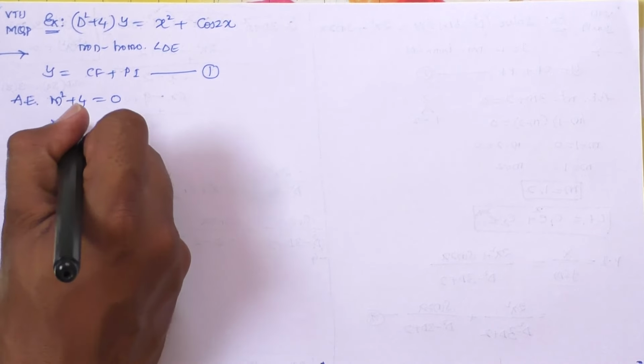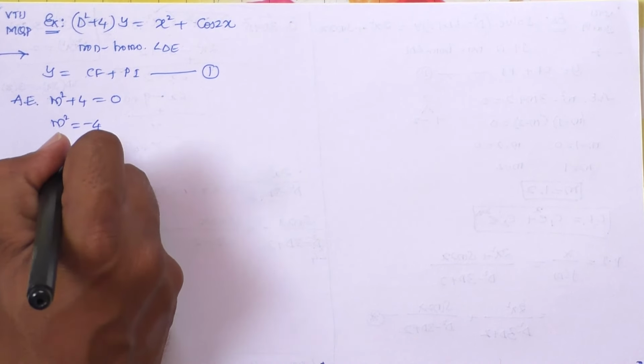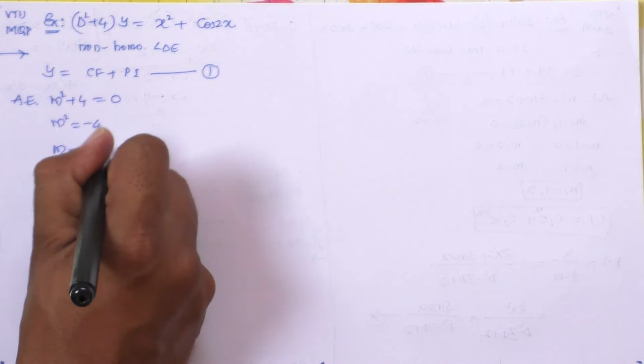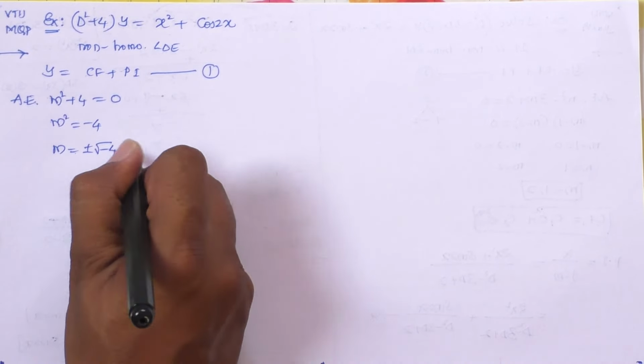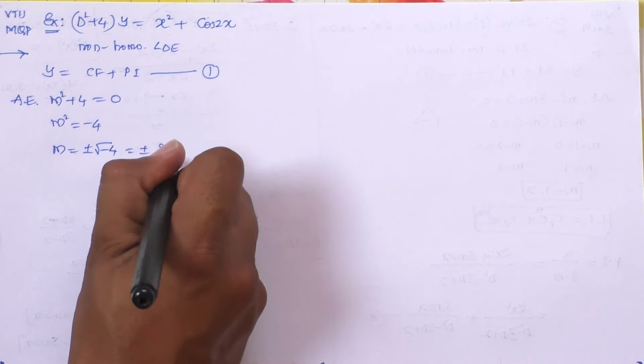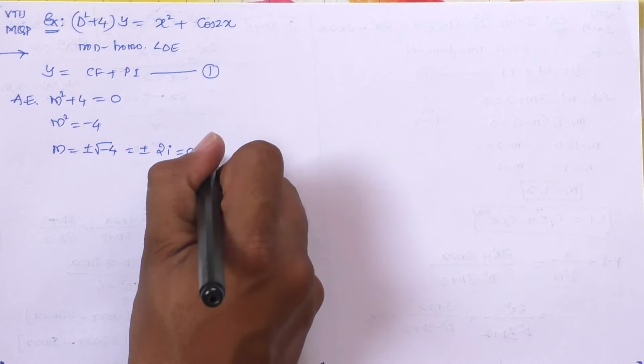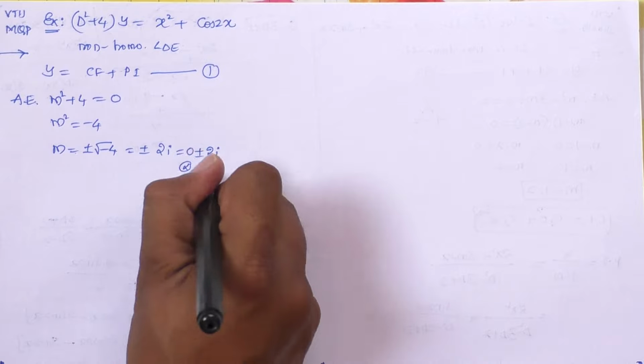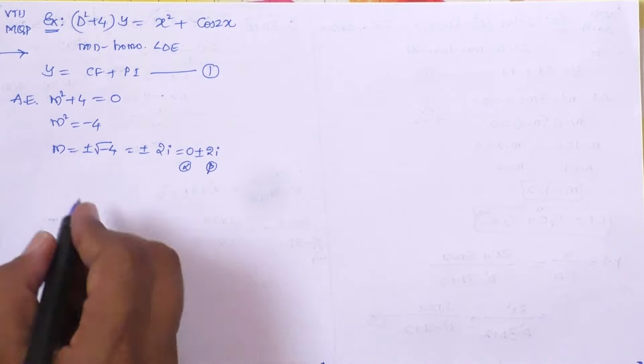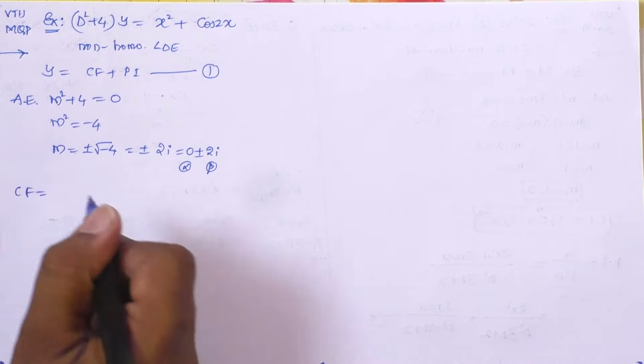So m square plus 4 = 0, m square equal to minus 4, m equal to plus or minus square root of minus 4, which will be plus or minus 2i. So which can be written as 0 plus or minus 2i. So alpha is 0 and beta is 2. So now in case of this, we write CF as